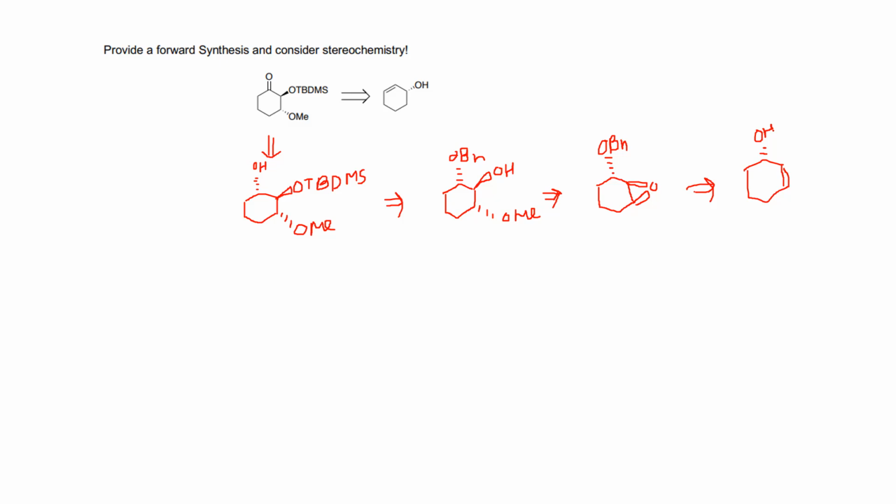Let's go to the forward synthesis, what we are planning. So let's start with this allylic alcohol. Now we have to see how I have planned. Now here we know that if we add mCPBA and if there is an OH group, it will always form the epoxide from the plane where the OH group is. That's why we are just protecting it first and making it OBn. In case of an ether, that is not possible. So if we protect it and make it OBn,